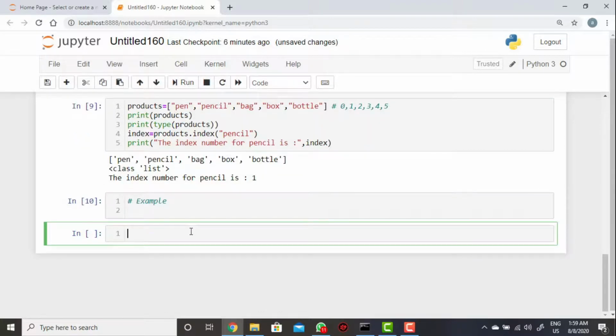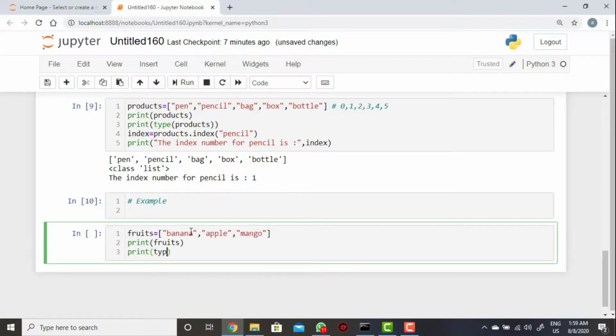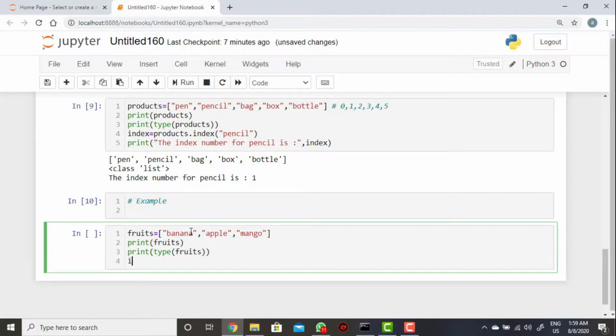So what we need to do here, you take any example, like fruits, then you can say banana, then apple, then mango. So now print of fruits, then print of type of fruits, then index, or you can say fruits index equal to.